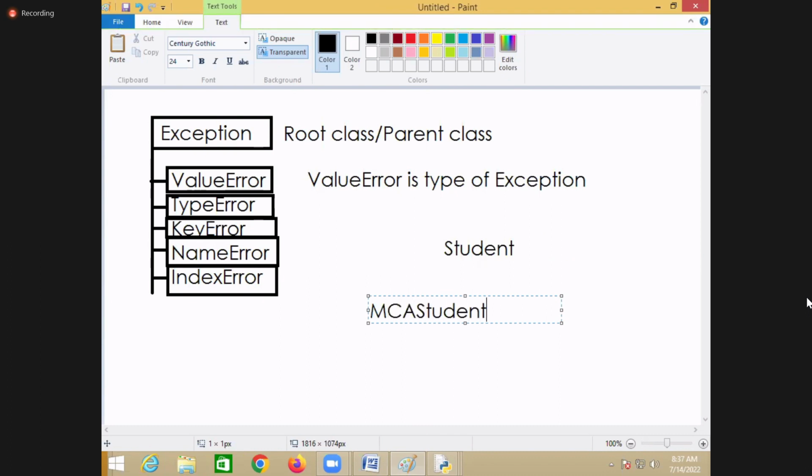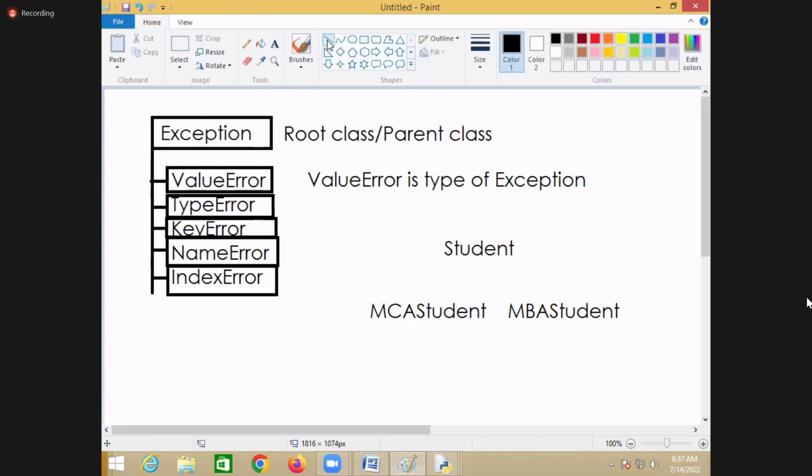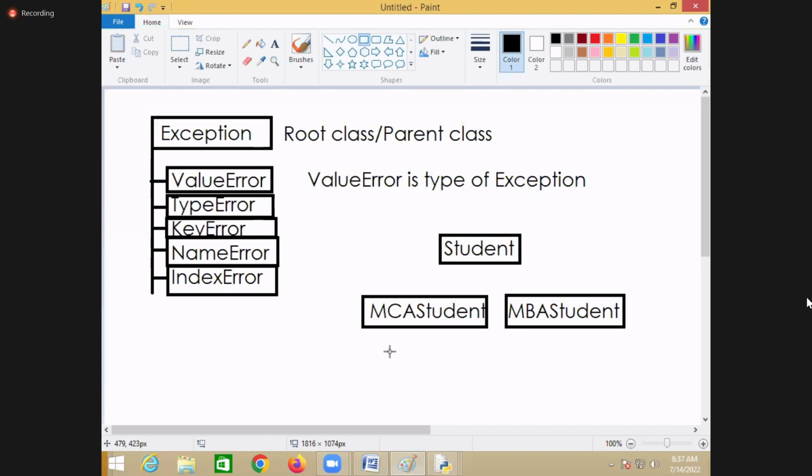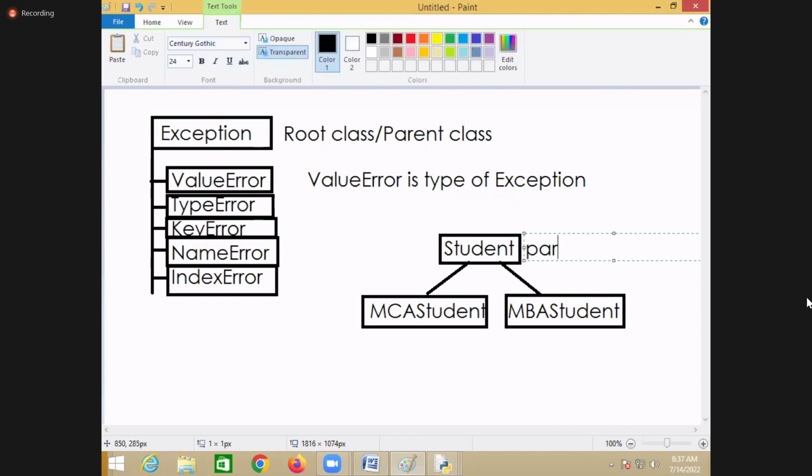Okay, there is a student, and there is an MCA student, and there is one more student called an MBA student. So here Student is a base class, and MCA student and MBA student are called which classes? Child classes. It means MCA student inherits the properties of Student and MBA student inherits the properties of Student. So Student is called which class here?